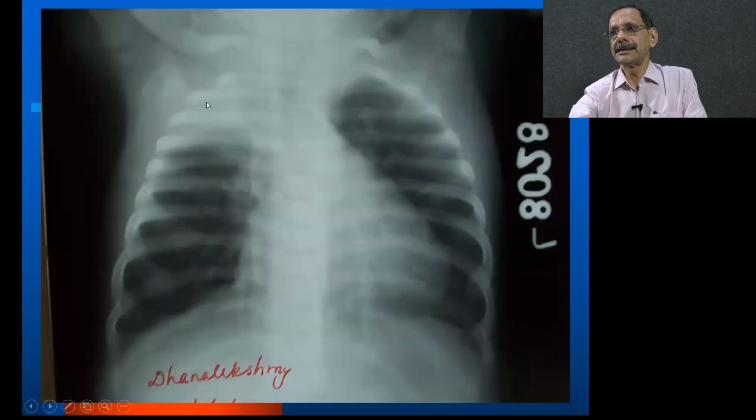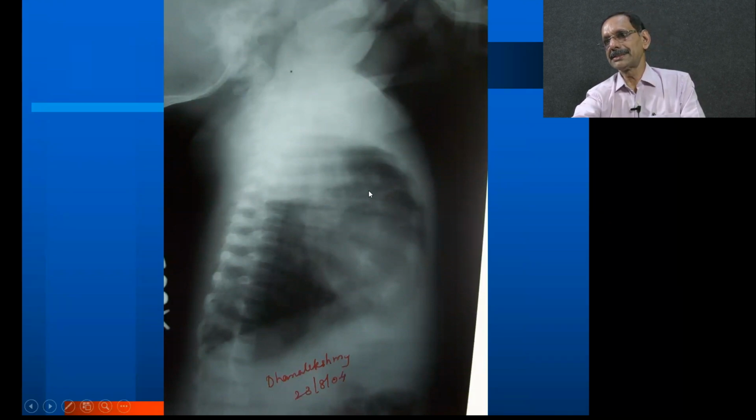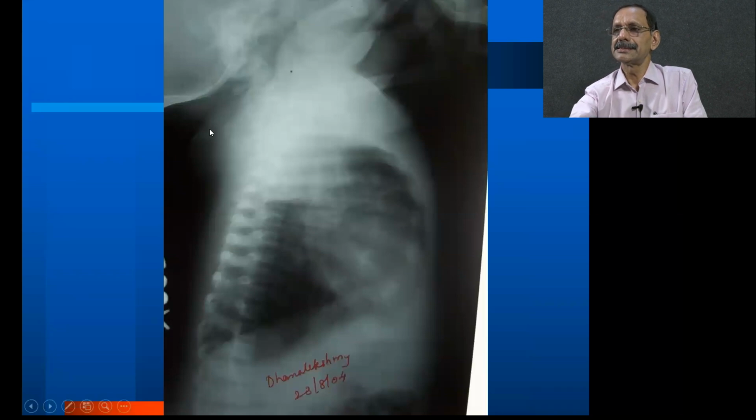Now this is another right upper lobe consolidation. Possibly the full upper lobe is not involved. Taking the lateral view, the apical and the posterior segment are involved, but possibly not the anterior. The anterior is spared. So although we thought it is merging with the heart shadow, the lateral view tells us that it is possibly the posterior segment that is involved, not the anterior.